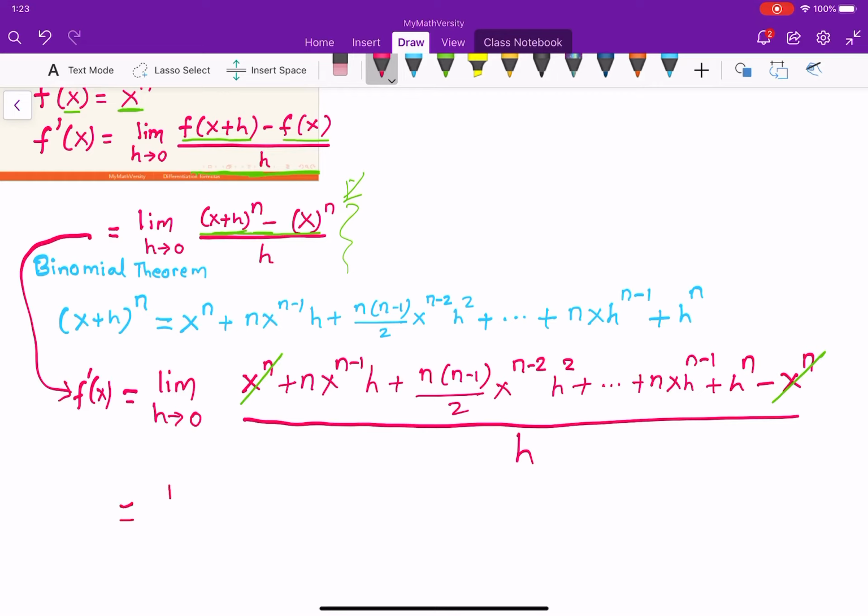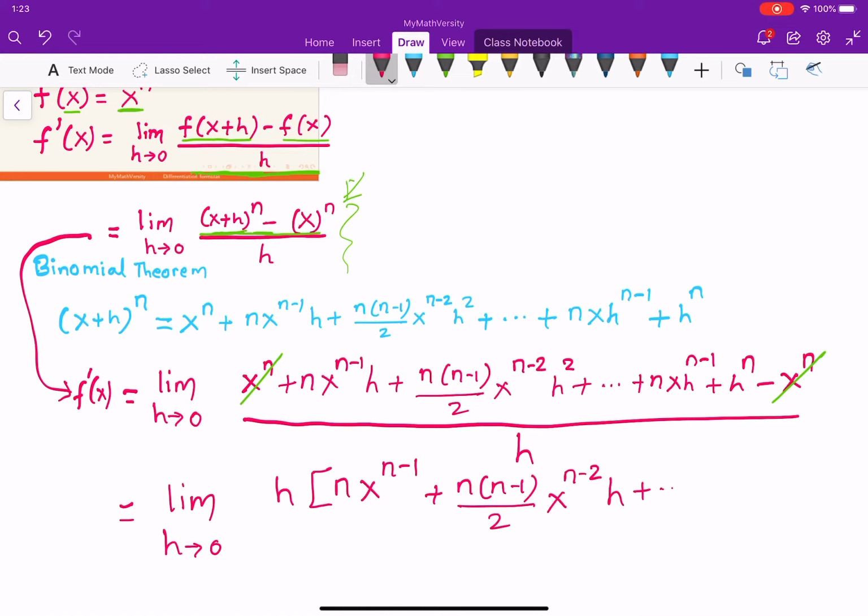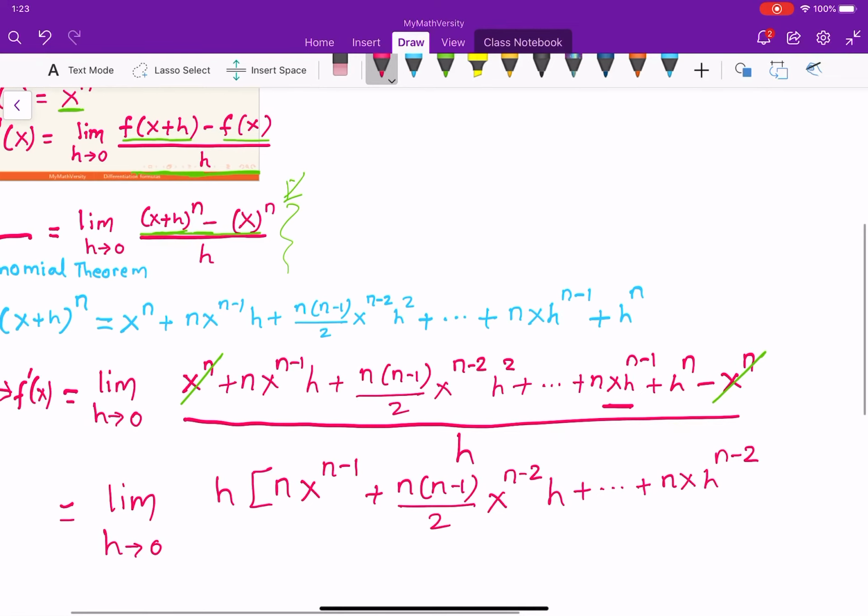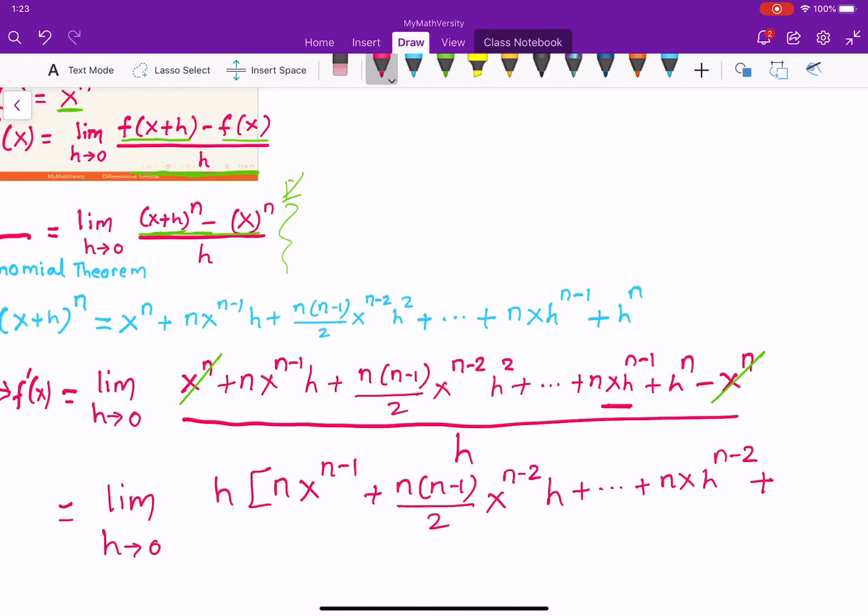But now I can see one thing over here: I can actually take h out as a common factor, right? So if I take h out as a common factor at the top, then I get n times x to the power n minus 1 as the remainder on the first term. In the same way, on the second term, I'll have n times n minus 1 over 2 times x to the power n minus 2, and 1 h is taken out, so we'll just have 1 h left over. In the same way, each of these terms involves h, so we can take that out. And over here we have n times x times h to the power n minus 1, but if we take h out there, the remaining factor would be h to the power n minus 2, plus when we take h out from h to the power n, the remaining factor would be h to the power n minus 1,